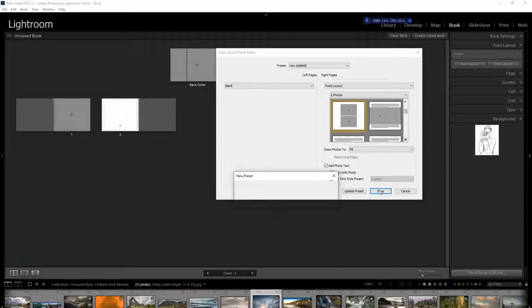So if I say save this now as a new preset, and it'll bring up this little box. So at the moment the left page is blank and the right page has got 2 photos on. So if I click this drop down box up here, I can select a fixed layout and do a completely different layout in the same way to what we've chosen for the right hand page. I can have the left page blank, or I can have the left page the same as the right hand page. Then I can hit the save,